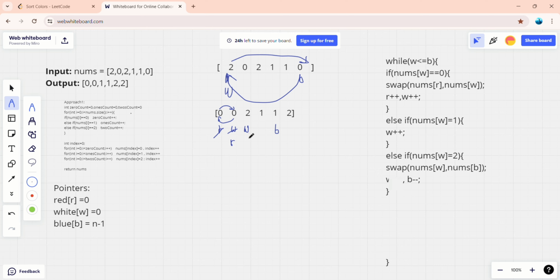Now again, is my W less than equal to B? Yes. Now is it equal to 0? No. Is it equal to 1? Again no. Is it equal to 2? Yes. Since it's equal to 2, our condition says that swap nums of W with nums of B. So we'll swap this 2 with this 1. And our modified array would be